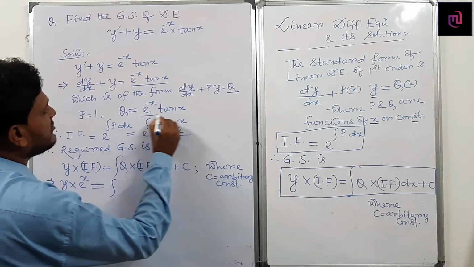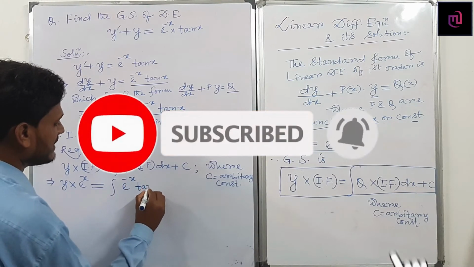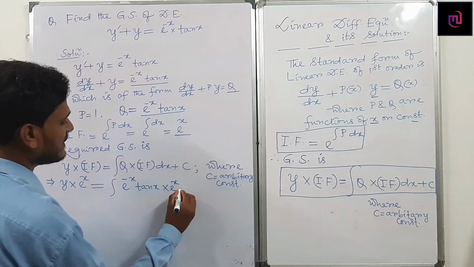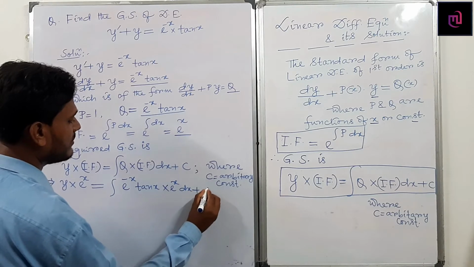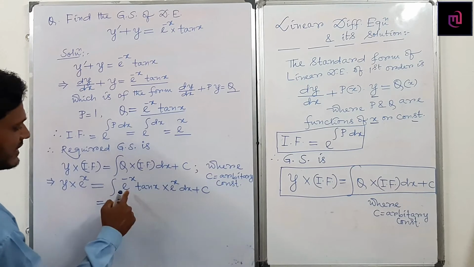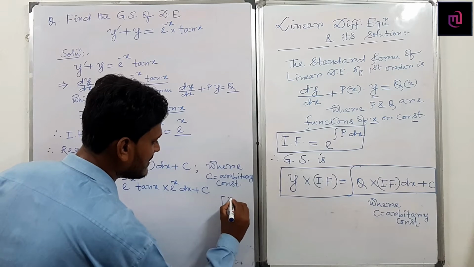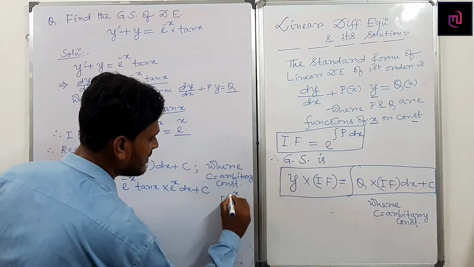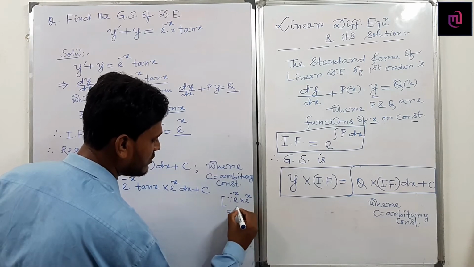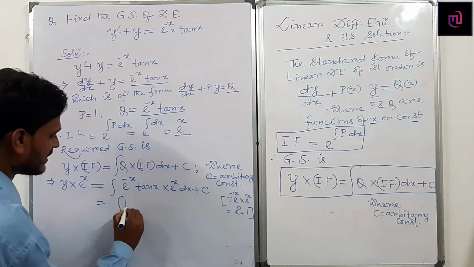Q is e^(-x) tan x, whole into e^x, whole into dx, plus some arbitrary constant. Since e^(-x) into e^x is e to the power minus x plus x, which becomes 0, so there it becomes 1. So finally the integration of tan x